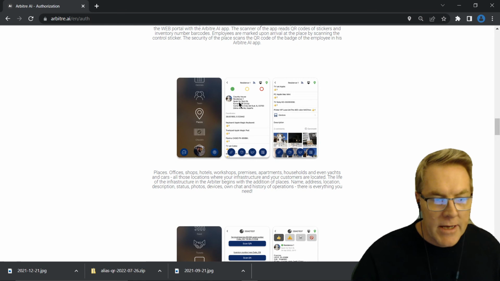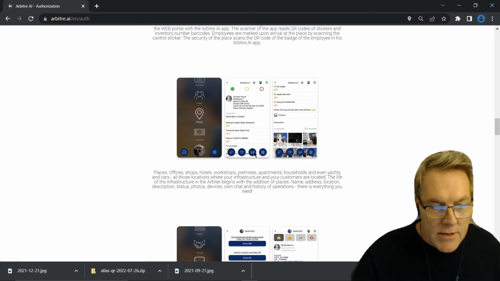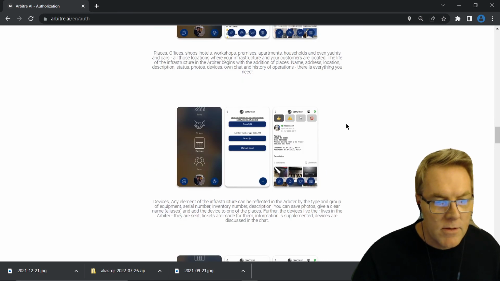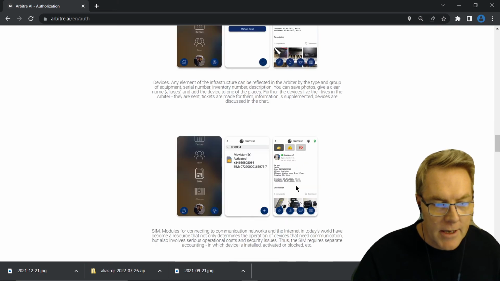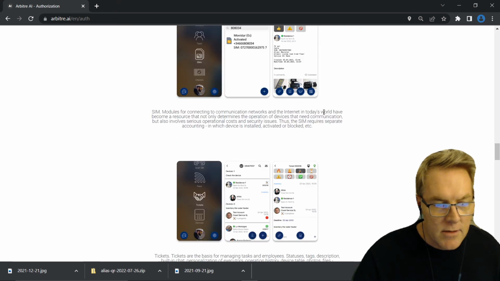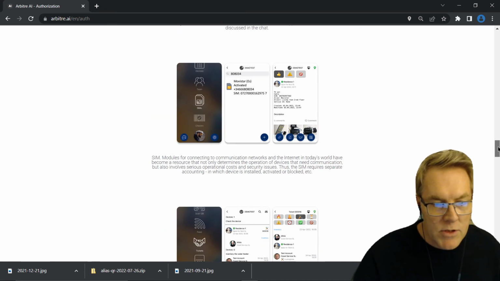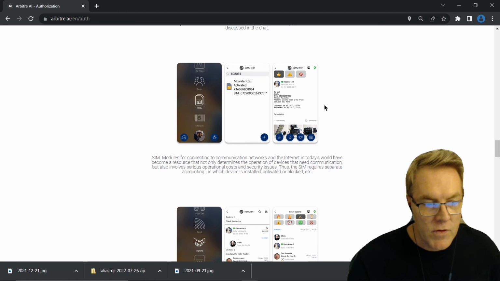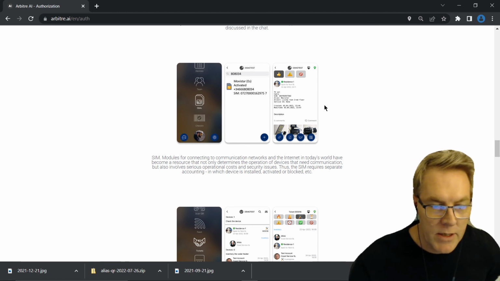We've added places, and there's tickets, which is this one. This is shipments. This is linking a QR code, the 3 little dots. This is the devices, adding by serial number or by scanner, which I will do later in much more detail. And the SIM module, which is also going to be released in a future update in about a week or so.